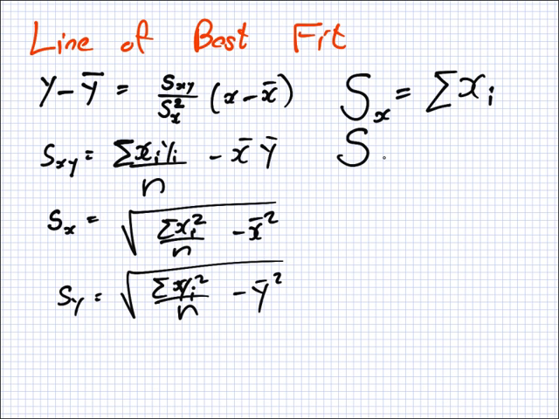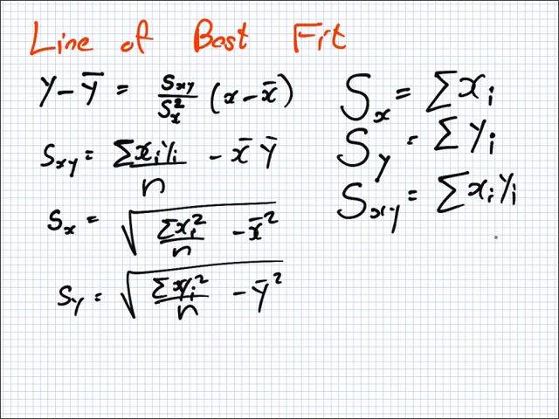And you can probably guess what I mean by big Sy. Usually the sum of the y's. And then Sxy like this. Sum of what? x and y. Sum of x times y. Okay? It's just convenient for me because it means I can say that this is equal to,